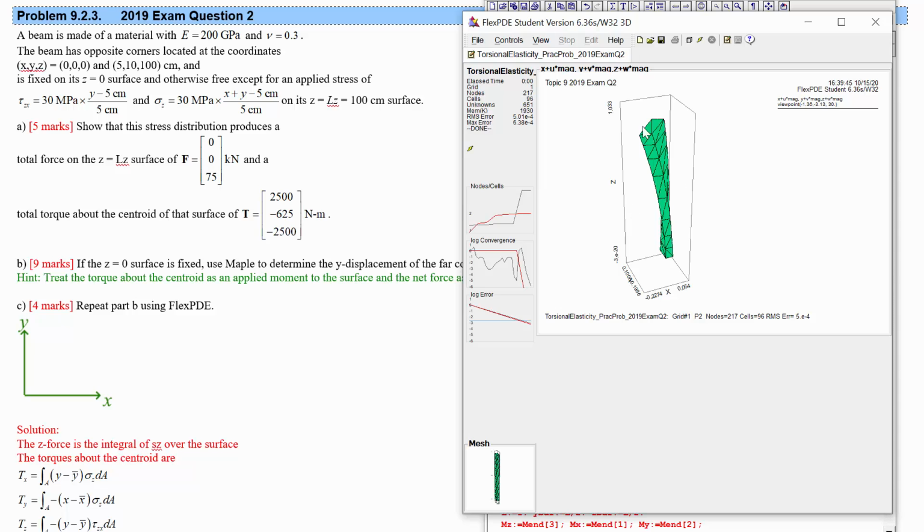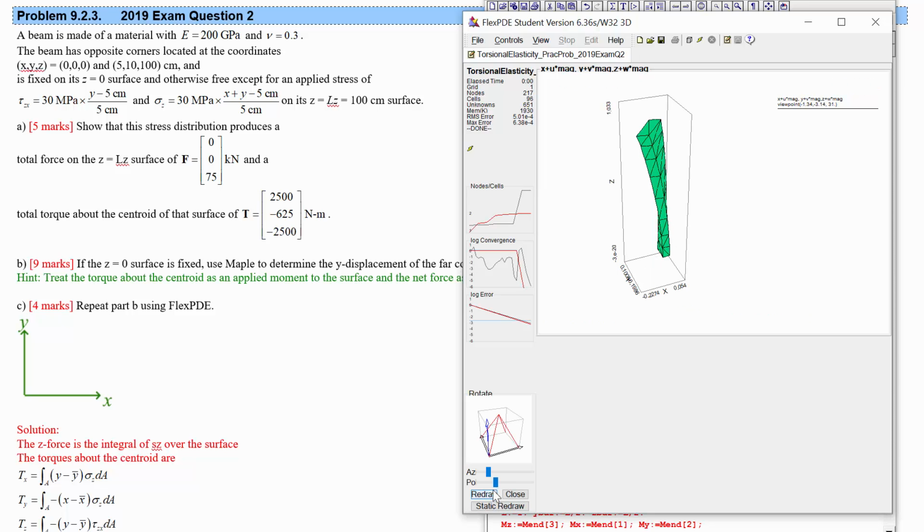Okay, so here we have some displacement. It's looking like that far corner. Let's rotate and see if that is indeed the corner we're thinking of. It looks like Y is increasing that way and X is increasing that way. So that means it's sort of this top corner here, and this is going, let's think, due to the twisting